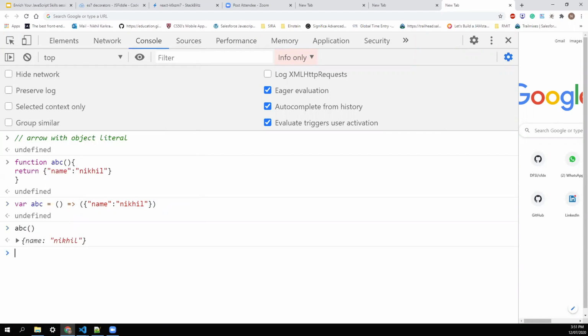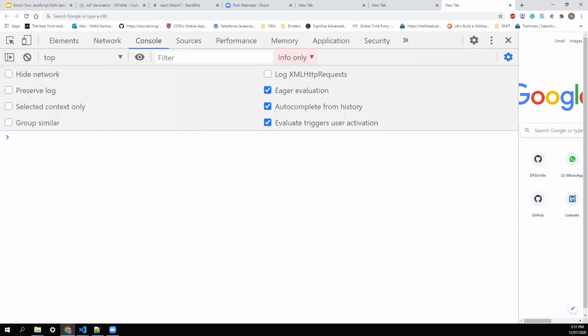Till now we discussed all about the syntax of arrow function and different syntax of arrow function. Now let's go, what was the problem that brought the arrow function into JavaScript.